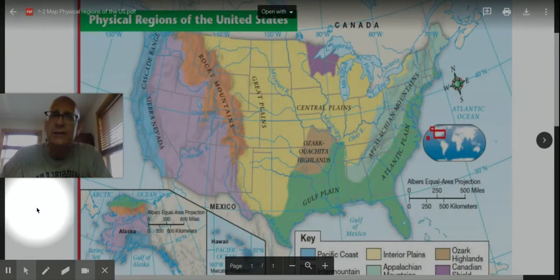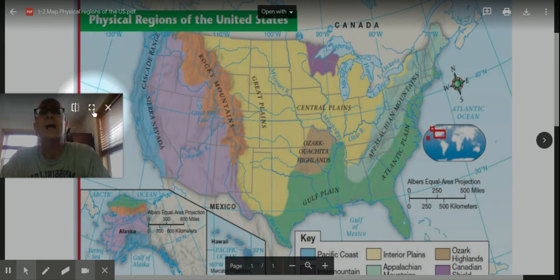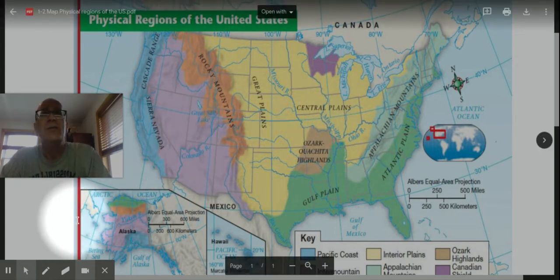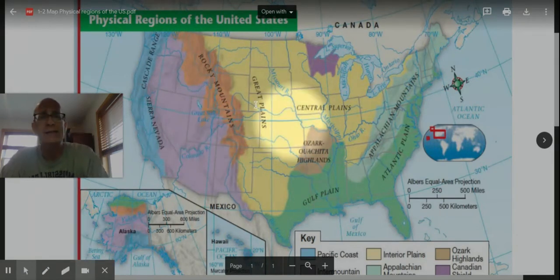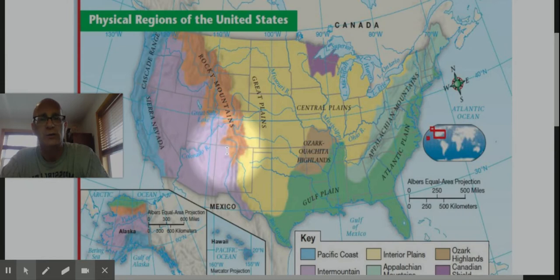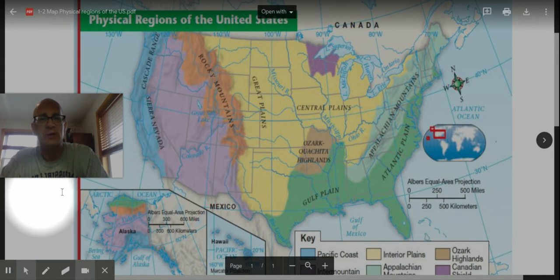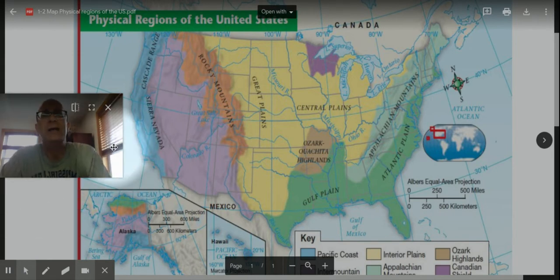Geographers divide the United States into several different physical regions with contrasting landforms. Each of these regions are going to be made up of areas with different types of landforms. The Hawaiian Islands, for example, are located in the North Pacific Ocean. You really can't see it on this map. This is the continental United States, but the Hawaiian Islands are pictured down here in this inset. The Hawaiian Islands would actually be over here if this map were extended. But the Hawaiian Islands, located in the North Pacific Ocean, consist of a chain of islands more than 1,500 miles